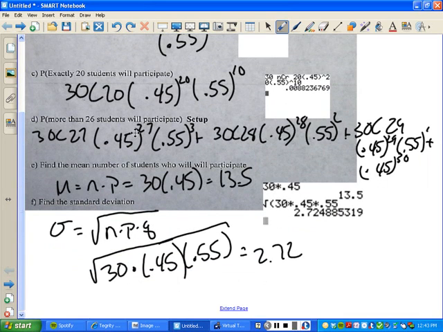Would that be the standard deviation for any problem? For any binomial, yes. The question is, is that the standard deviation for all binomials? The answer is yes. Okay. Q is the alternative. It's 1 minus P. It's called the complement. Okay. All right. With that being